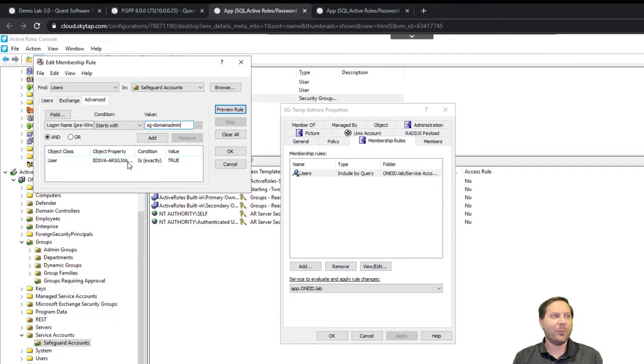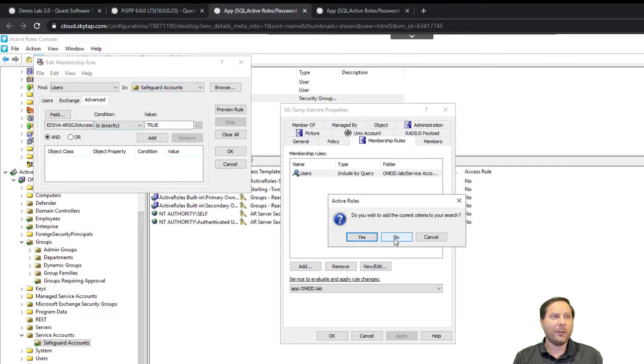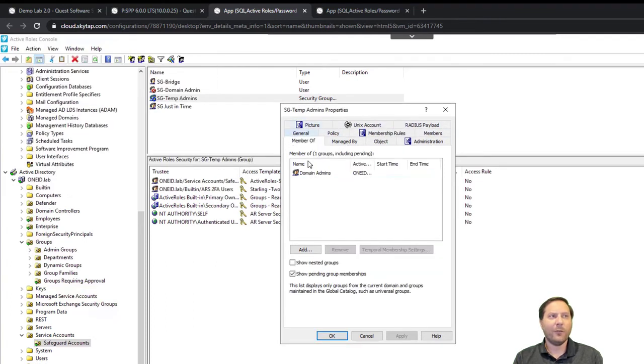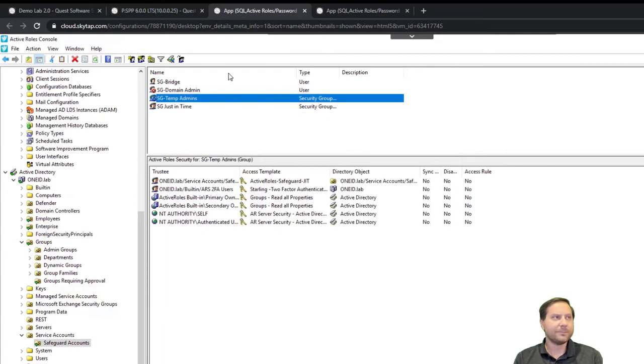But the other thing, and this is the more important one, is that that virtual attribute is in fact set to true. So in order to be in this particular group, you need to have that virtual attribute set to true, and you need to have a username that adheres to that particular thing, and of course it needs to be in this OU. And then, of course, as I think I mentioned before, we need to know what happens to that group, and we know, in fact, that it's a member of domain admin. So obviously, by being in this dynamic group, they're effectively a domain admin. So what actually happens when you check an account out with Safeguard? We've put some stuff in there that will go in, and I'll show you this in a couple of minutes when we get a little bit deeper, but I'm showing kind of the Active Roles side here for a minute.